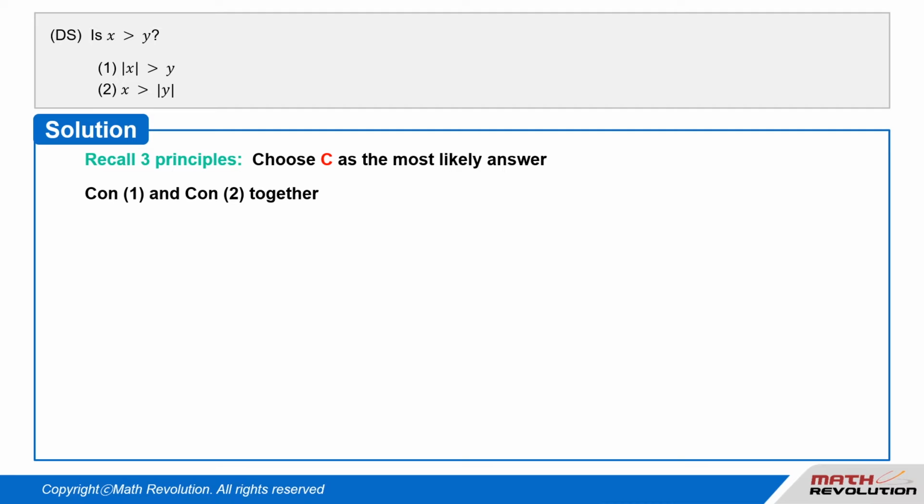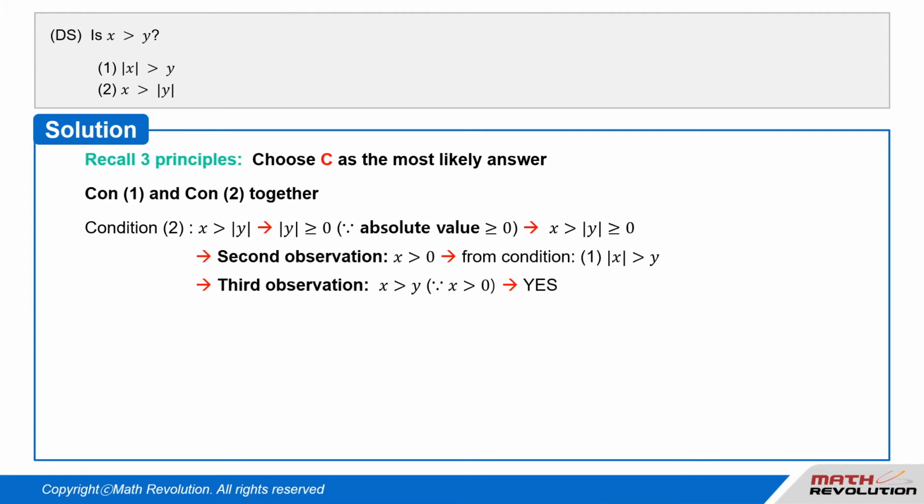Let's take a look at conditions 1 and 2 combined. Condition 2 tells us that x is greater than absolute value of y, and we get absolute value of y is greater than or equal to 0, since every absolute value is greater than or equal to 0. So we get x is greater than absolute value of y is greater than or equal to 0, and x is greater than 0 by using the second observation, and from condition 1, absolute value of x is greater than y,